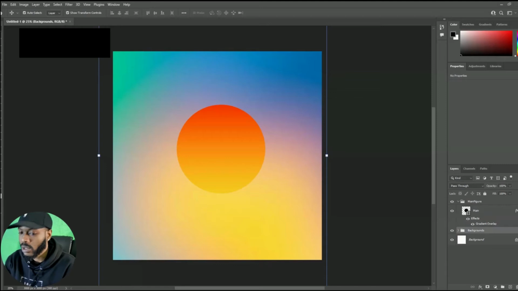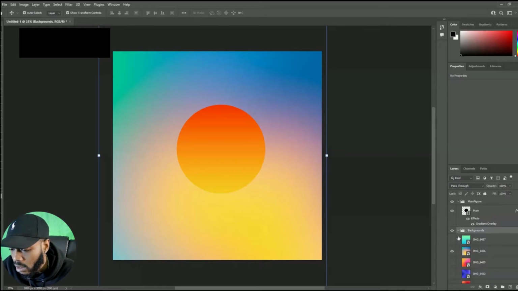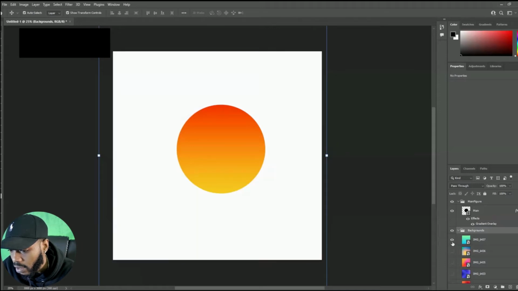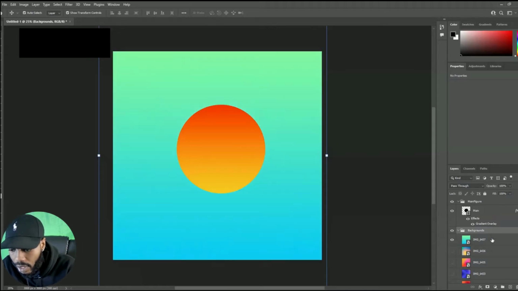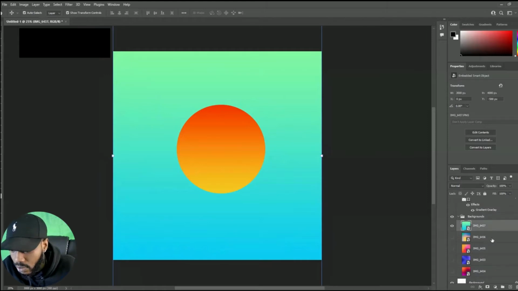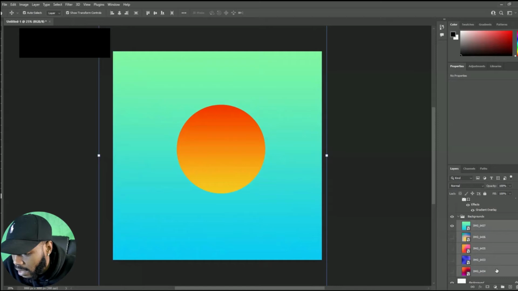And real quick, just so your backgrounds fit the entire background, if you're having issues with that, just click the background. As a matter of fact, I'll show you. Let's say, for example, we're working on this background here. Click the background, highlight it. As a matter of fact, you can highlight all of your backgrounds by doing the method I showed you earlier, where you click the first one, go all the way down and click the last one, and then hit Control T,